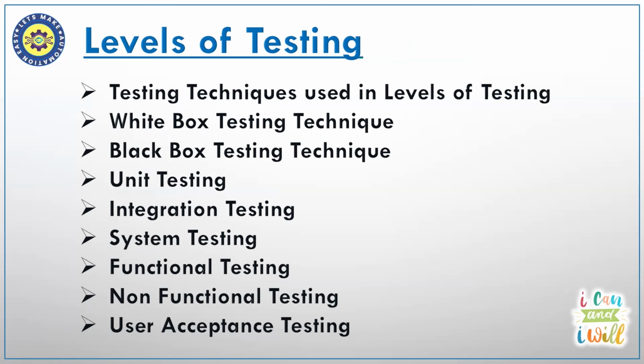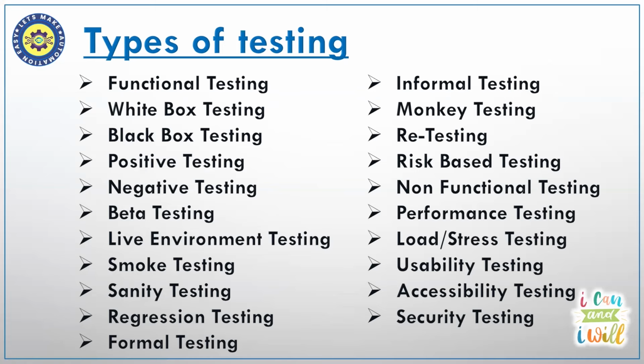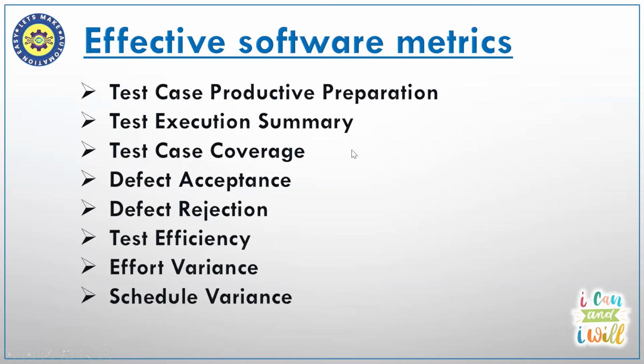Now we are going to talk about the different types of testing which can be performed: functional testing, white box testing, black box testing, positive testing, negative testing, beta testing, live environment testing, smoke testing, sanity testing, regression testing, formal testing, informal testing, monkey testing, retesting, risk-based testing, non-functional testing, performance testing, load testing, usability testing, accessibility testing, and security testing. So in this course, you will see that we have covered everything which is needed to be a good manual